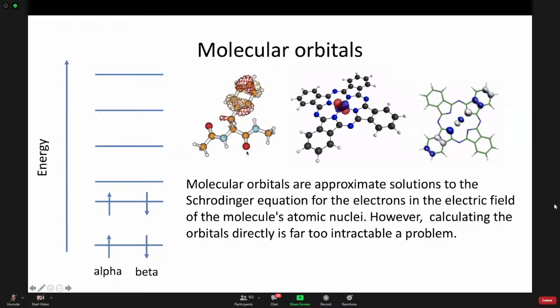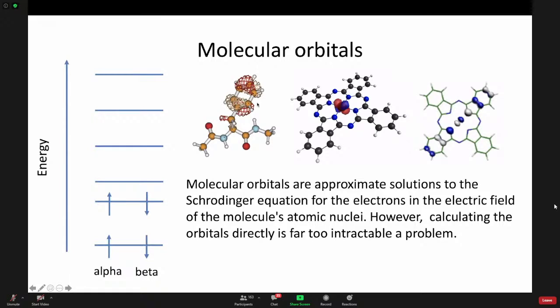So in this case, this will be located around the benzene ring in a phenylalanine molecule. And in this case, it'll be around a metal in this molecule. So this is a molecular orbital, and there are approximate solutions to the Schrodinger equations for the electrons in the electric field of the molecule's atomic nuclei. And to get the molecular orbital directly from that is very difficult to do. And by the way,